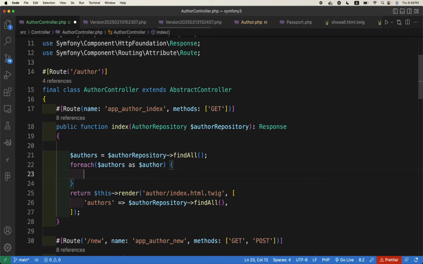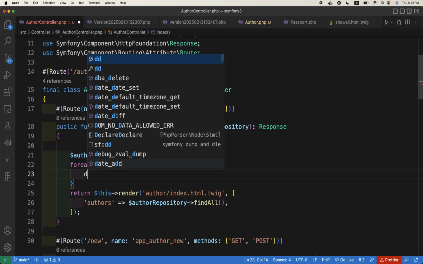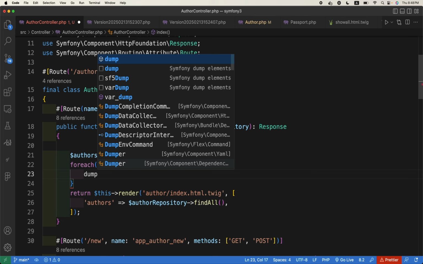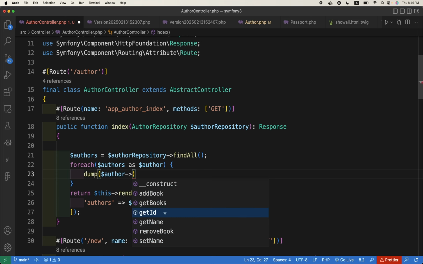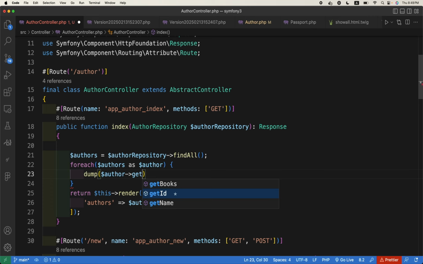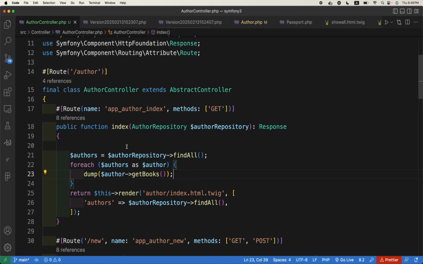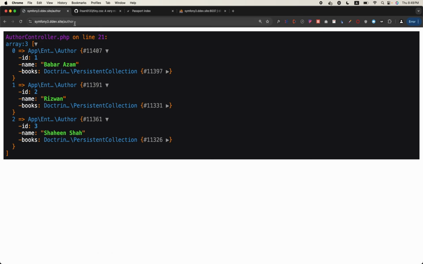and now if I use dump, I will not use it because it will just stop in the first loop. So iteration dump, author has the property books, but we can use the getBooks method to get the books of, got it? And for each one I need to get the books of the authors. Yes, sir. Okay, so if we dump it, refresh it,